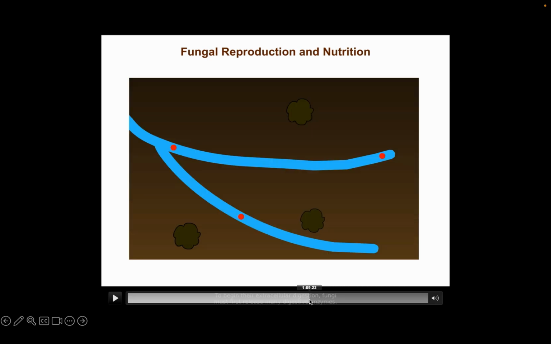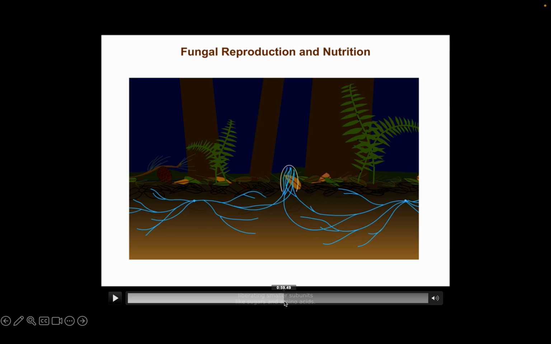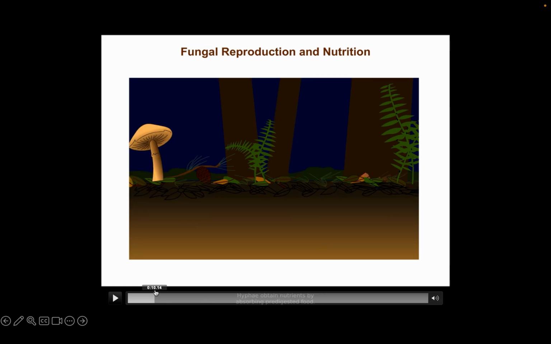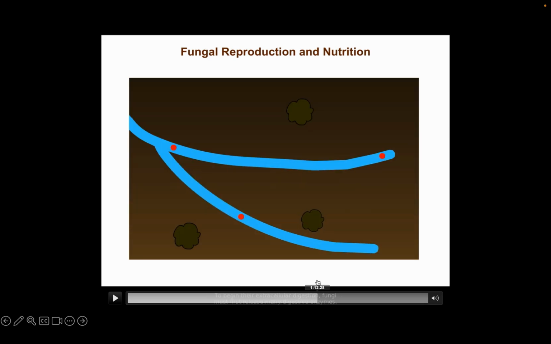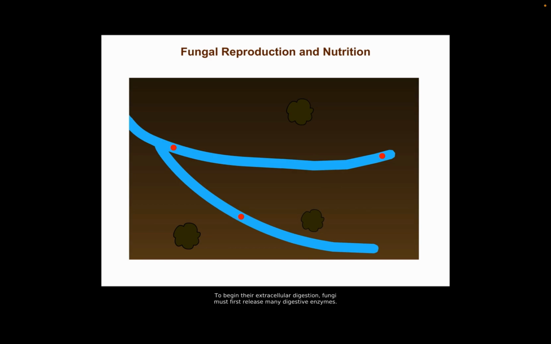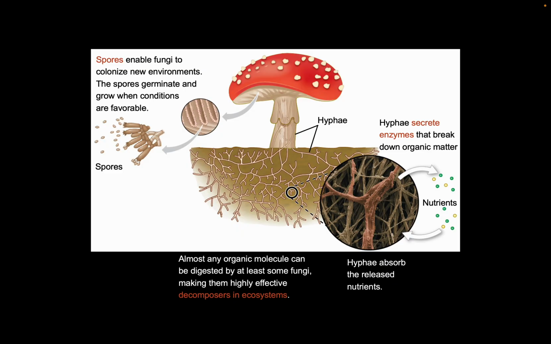The main point I wanted to get across with this video, and it does a lot of good things, like illustrating the movement of the spores, but the really important part I want you guys to take away is that fungi are obtaining their nutrients by just releasing digestive enzymes. These digestive enzymes help break down larger molecules in the environment, and the fungi then are able to absorb those once they are broken down. So that's how fungi proceed to grow.